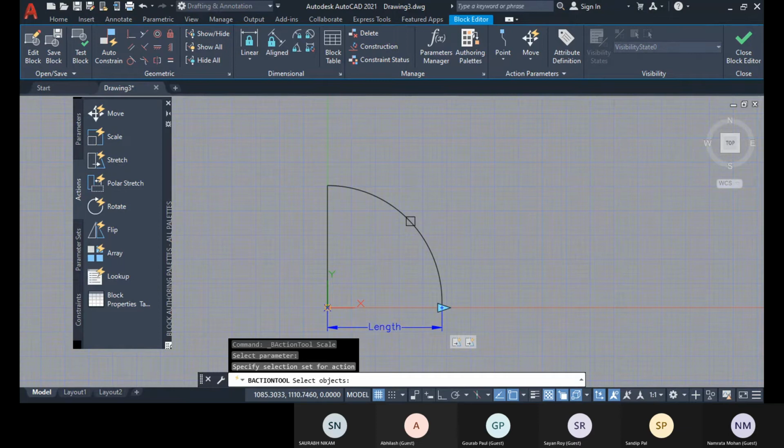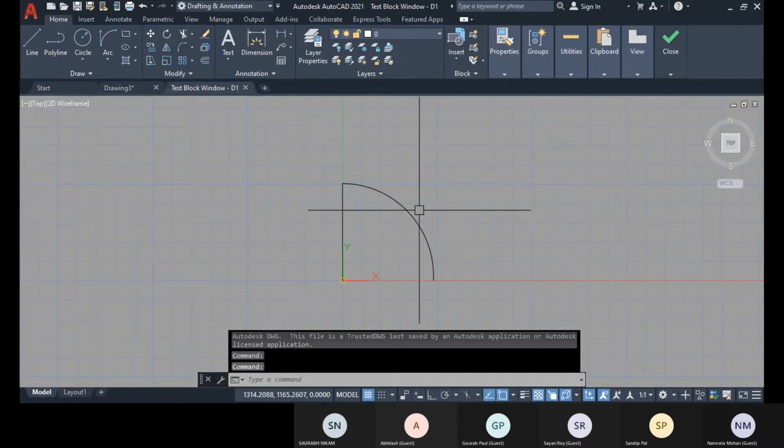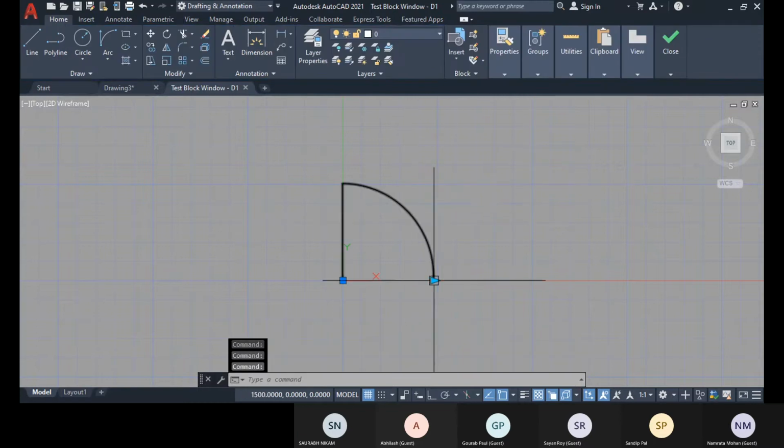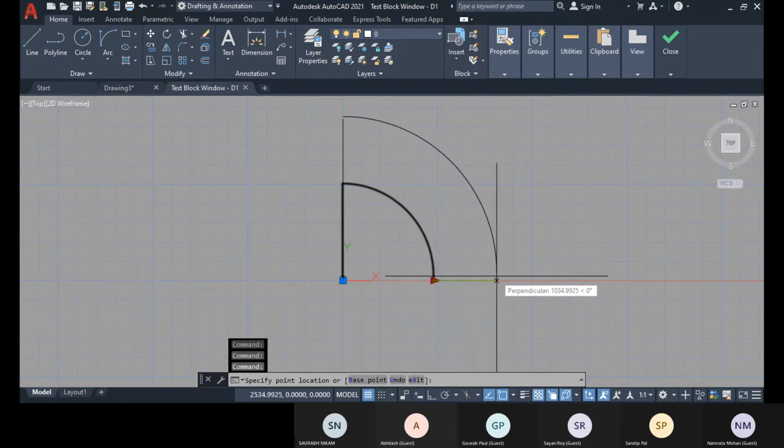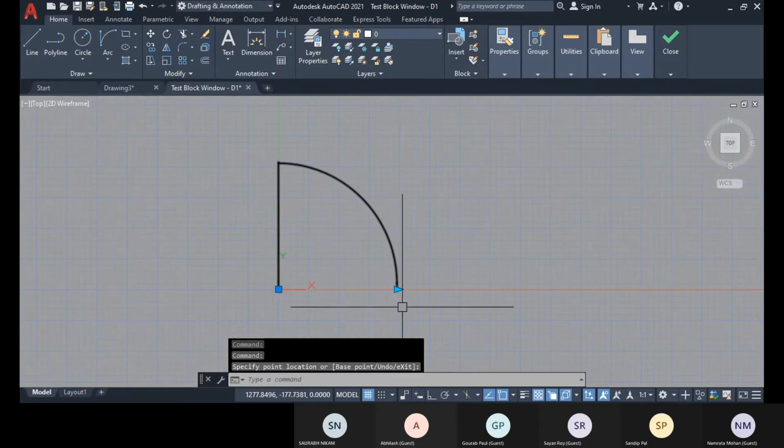For this scale I have to just select the parameter and then the object, and press enter. Now go to the test block option, select the block, and change it with this grip point. All right, so this way we will work.